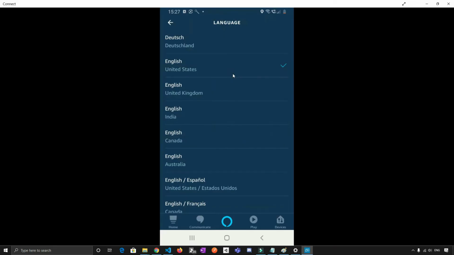So if on your device for this particular application you have chosen any other language, even English United Kingdom or English India, this application will not work on the actual device in the development mode. So you have to make sure that you are choosing the same language which you have chosen in the code. That's it. Now let's test our application on the real device.